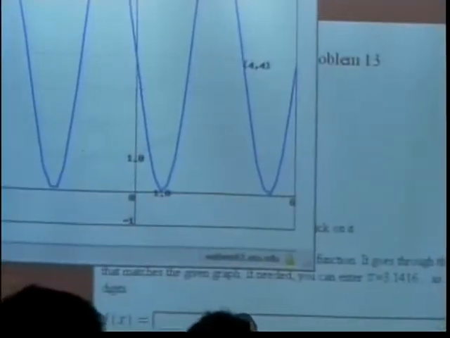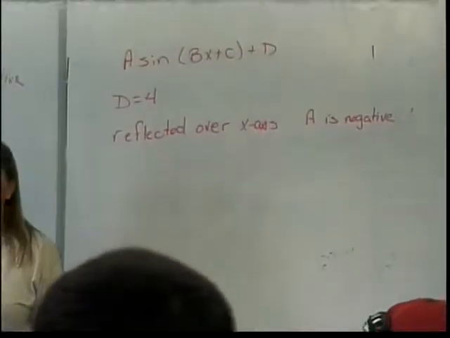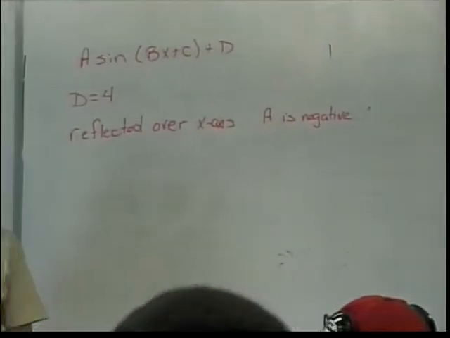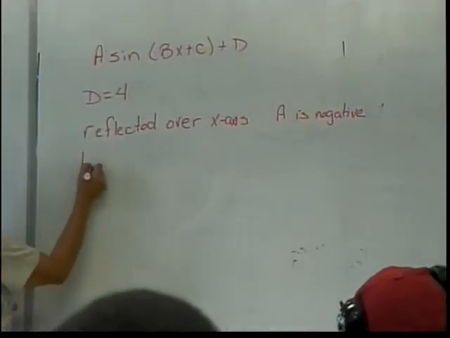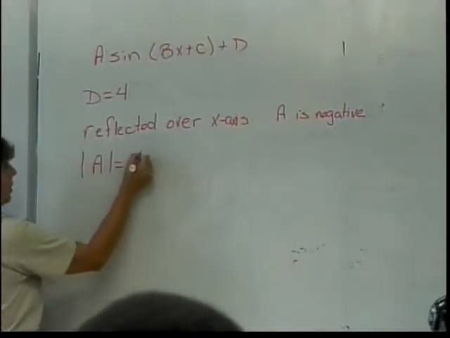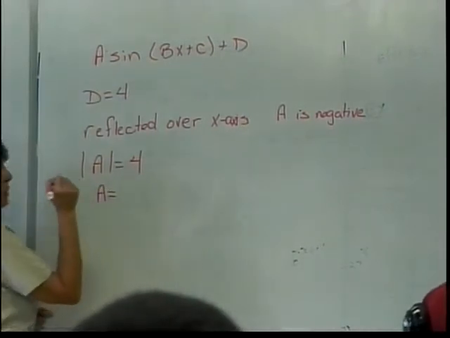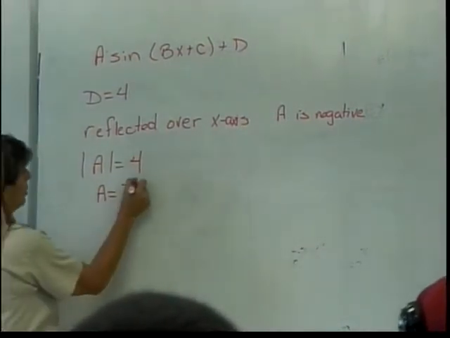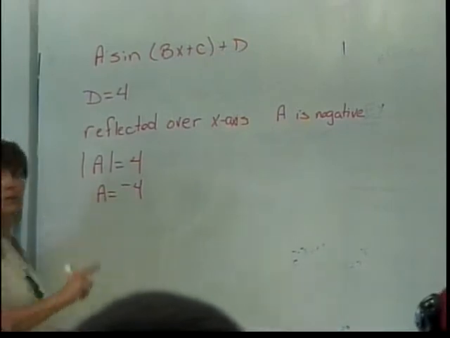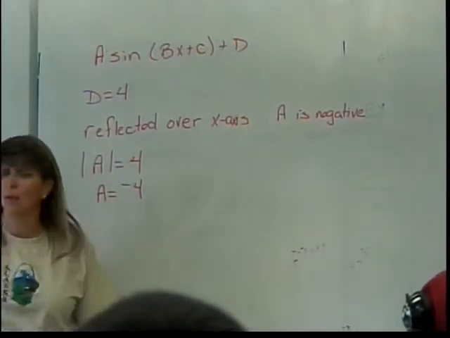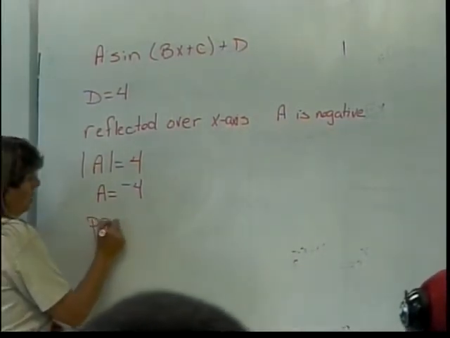Okay. So A is going to be negative. What's the amplitude? 4. So the absolute value of A is going to be 4. So the actual A number will need to be negative 4. So again, we now need to do B. The period is equal to 2 pi